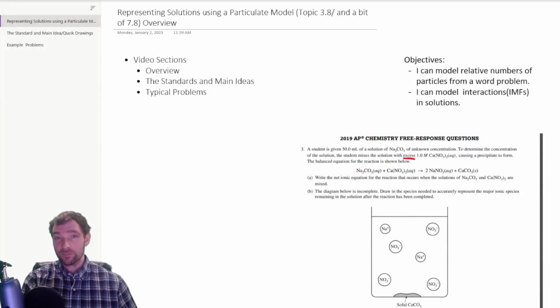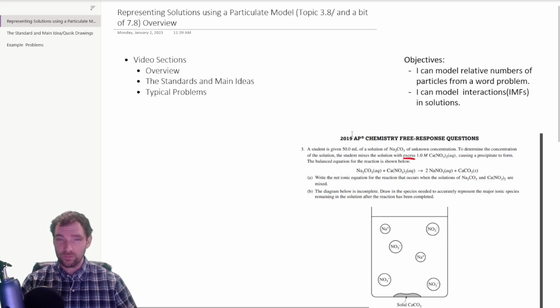We're going to talk about representing solutions using particle models, which is part of 3.8, but it's also related to 7.8. So we'll talk a little bit about that and how that relates. We're going to try and do some conversations around the standards and the main ideas here, and then we're going to look at some typical problems that kind of look like this, where they